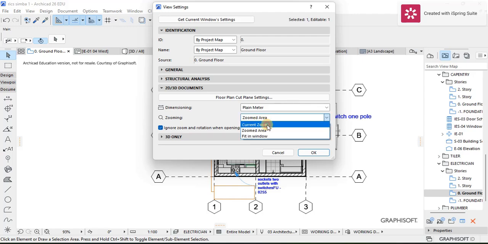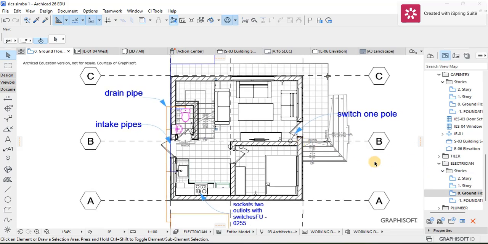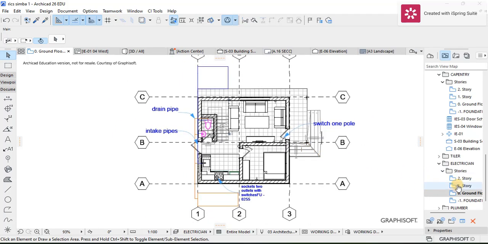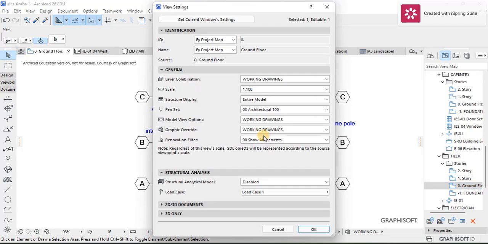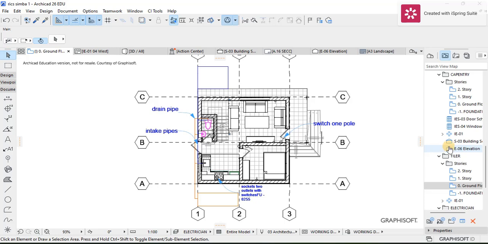It's going to remain at the current zoom, and then I'm going to uncheck that. So I'm going to make sure it remains like this, so when you open, it does not change. So let me go to the tiler, do the same. Let's make sure it's in tiler, then press OK, and then I think we have finished almost everything, except